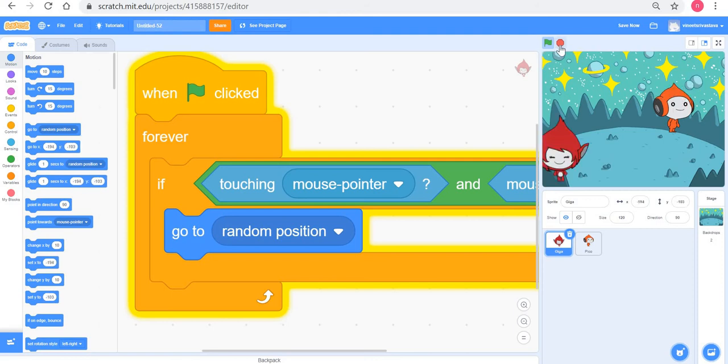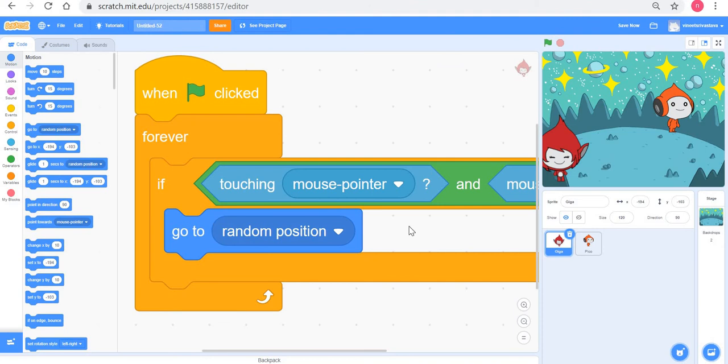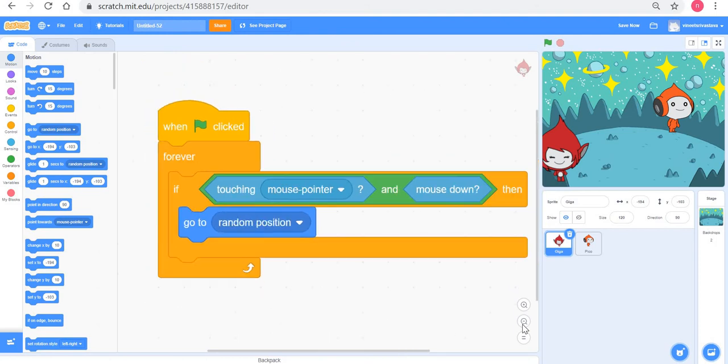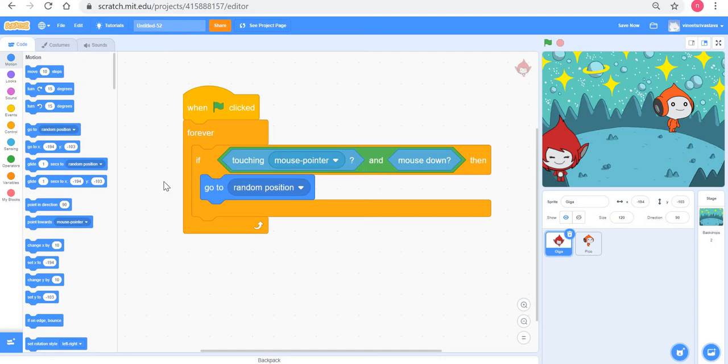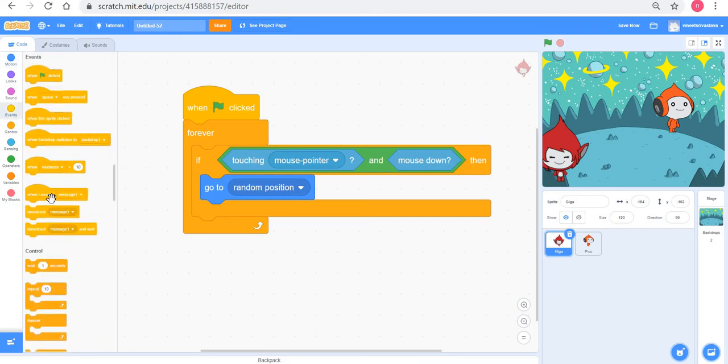The way to do that would be to use a broadcast. So what I can do is I can tell Giga that, look, when touching mouse pointer and mouse down, which means basically when you are being clicked, please broadcast a message called perhaps take position. So I'll go to the events and I'll say broadcast.